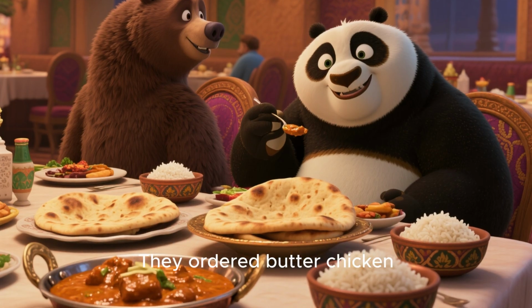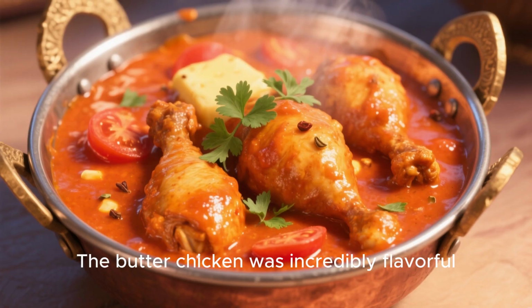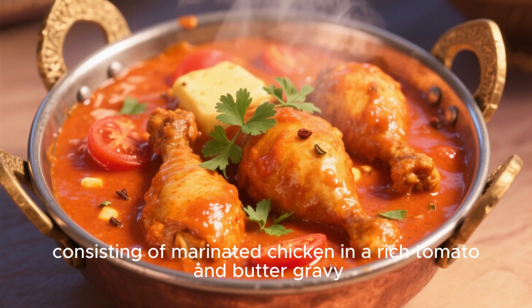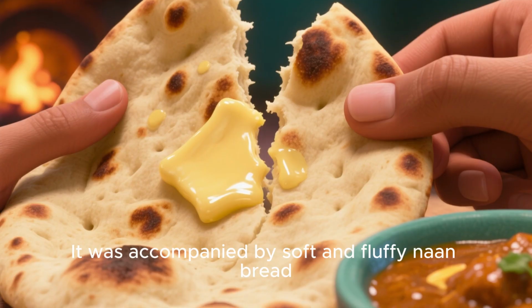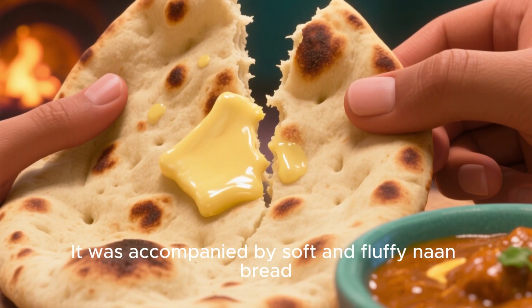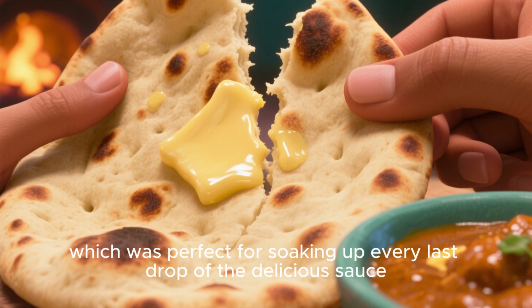They ordered butter chicken, naan bread, and rice. The butter chicken was incredibly flavorful, consisting of marinated chicken in a rich tomato and butter gravy. It was accompanied by soft and fluffy naan bread, which was perfect for soaking up every last drop of the